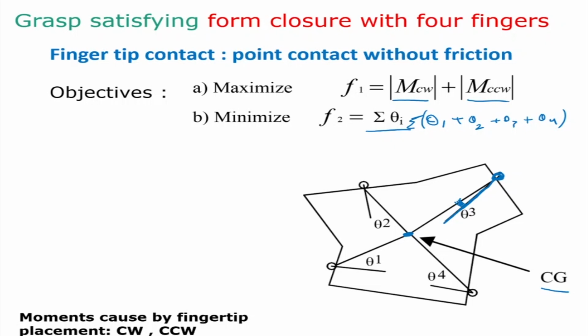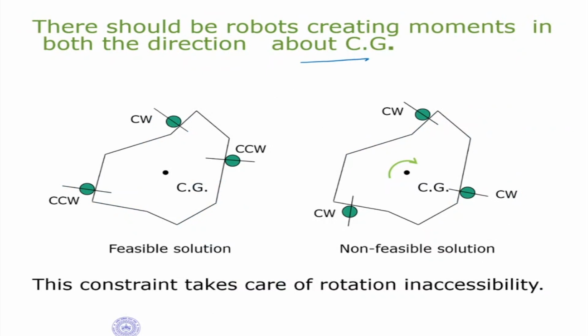Now, why is that important, or why is it required? This is required because if the normals are pointing towards the CG, the grasp is more stable, right? So if you have an object like this and the grasps are going through the CG point like this, then this is the most stable configuration. Okay, so this is one.